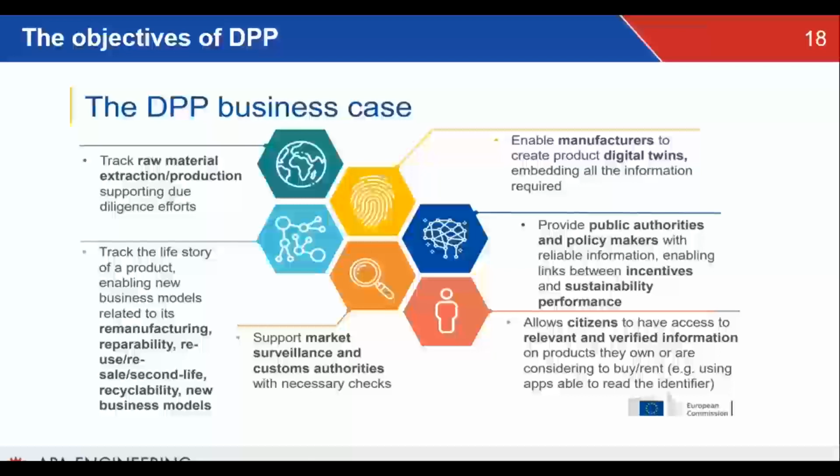So this is the digital product passport's business case. You can see this is also a slide taken from the European Commission's presentation. It covers tracking of raw material extraction and production, then tracking the life story of the product, enabling new business models related to its remanufacturing, repairability, and reuse, supporting market surveillance and customs authorities, and enabling manufacturers to create digital twins. A product digital twin is a digital twin of the physical product, recording all the sustainability based data from across the product's life cycle. This digital twin can also be associated to the product via a QR code, barcode,